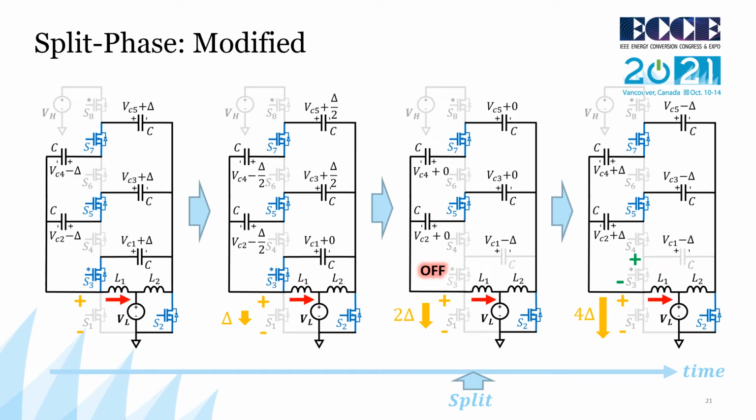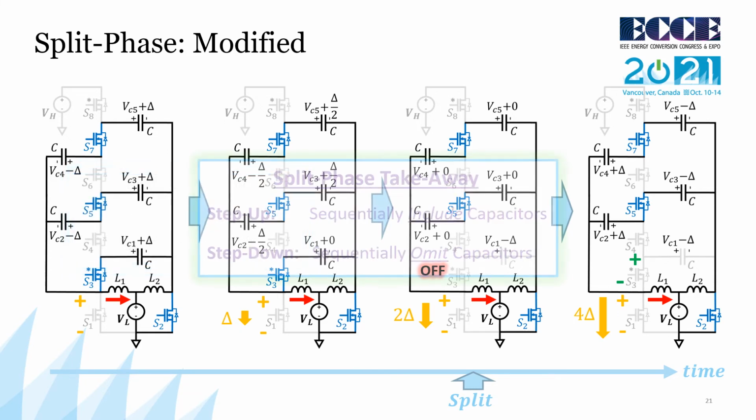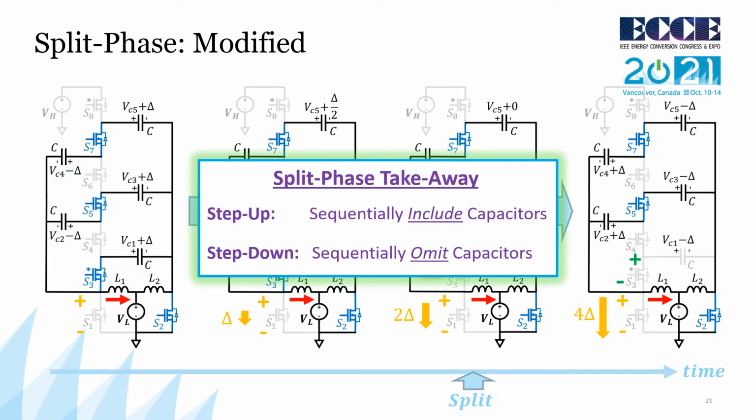Fortunately, calculating the time at which S3 needs to be turned off is fairly straightforward, and if you continue to make the assumption of 0 inductor current ripple, you can arrive at the solution pretty quickly. Please see the paper for details. But the key takeaway here is that for split phase switching in general, you usually want to switch capacitors into the power path in step-up converters, whereas in step-down topologies, you may want to look at sequentially removing capacitors as